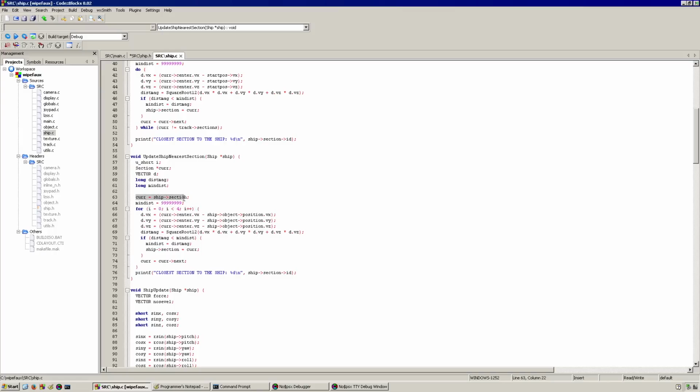So I start the current with the current closest one, and the minimum distance as 99999, and then for i between 0 and less than 4, i++, so I only go 4 sections ahead of me, current equals current next. And what do I do for these 4 sections? Well, I check the distance between the current center minus the ship object's position, Vx, so the distance between the track section and the ship position, the current position Vx, and then I do that for x, y, and